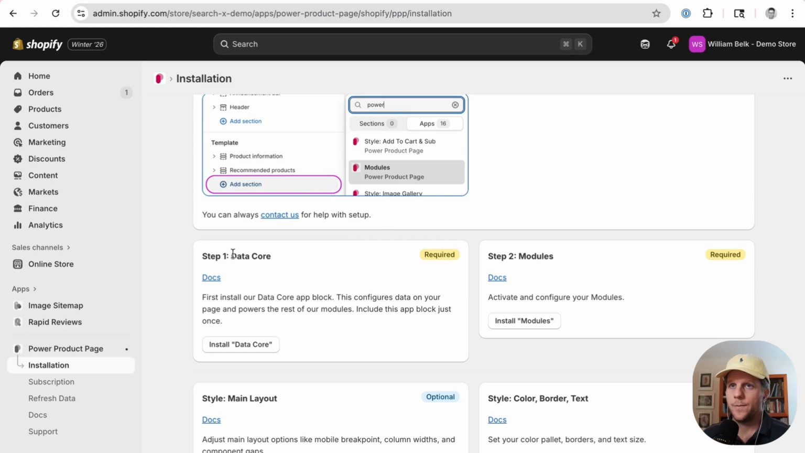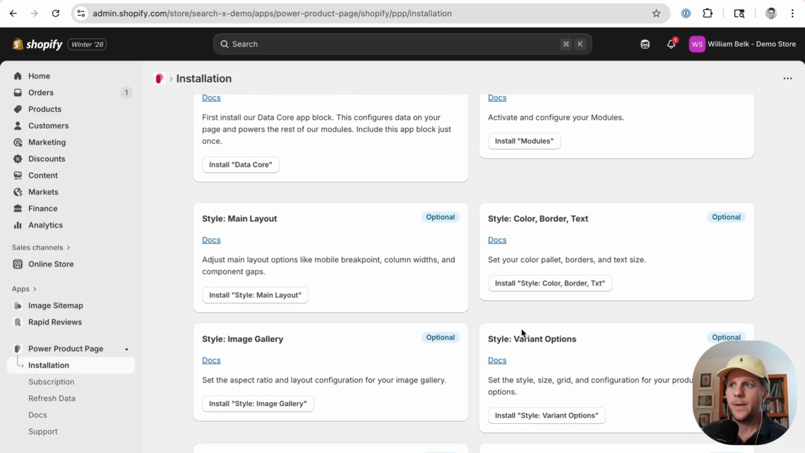And the first is the data core that sets up all the data for the page and the app to use, and then the modules app block that allows you to activate the different features and some basic configurations. And then after that, we stack on additional app blocks for style and additional configurations. The reason we do that is because Shopify has a limit on the number of settings you can have per app block. So eventually you run out, and so I basically made the style app blocks separate by feature type or by desire. Like, for example, styling the color, border, text would be one, and then the rest are